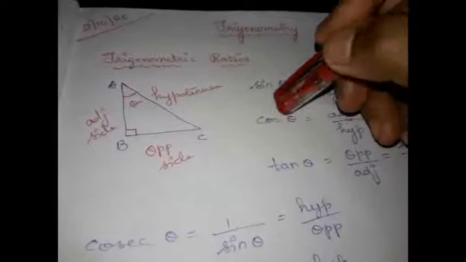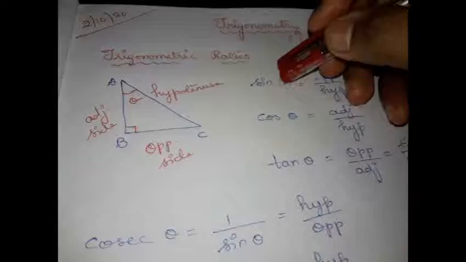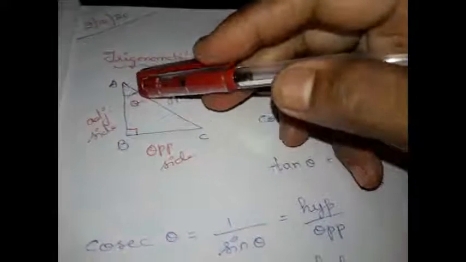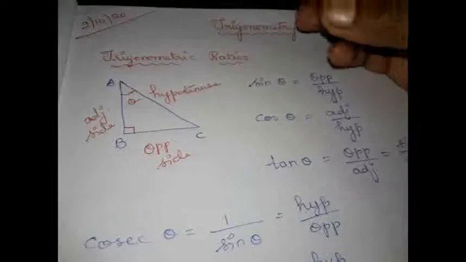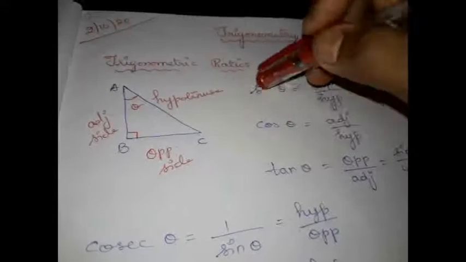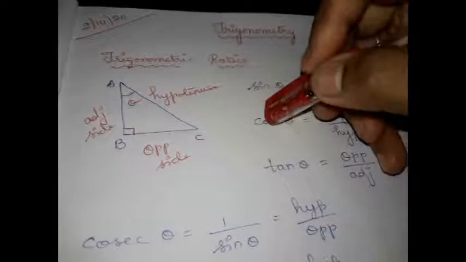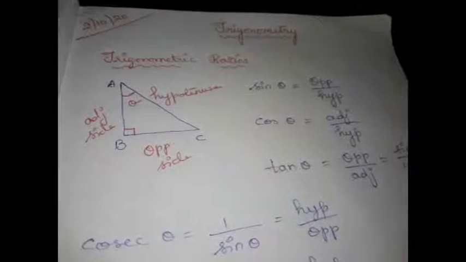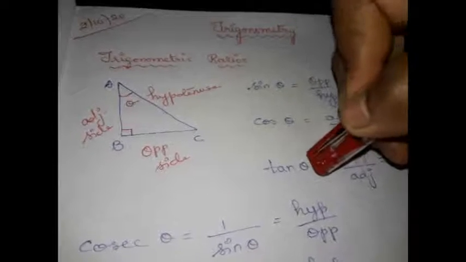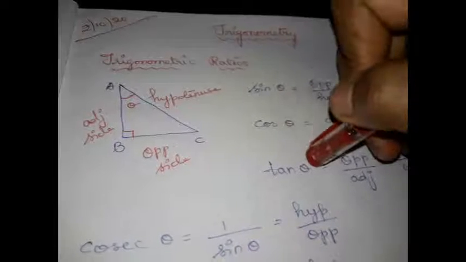The sine, cosine and tan cannot be written without accompanying an angle. The angle we have denoted with a symbol called theta. So sine theta, cos theta, tan theta. These sine, cosine and tan functions do not have any meaning without this angle. So you should not simply write sine, cos, tan, okay? This is the sine function, this is the cosine function and this is the tangent function. In short form, we will call them sine, cos and tan, right?